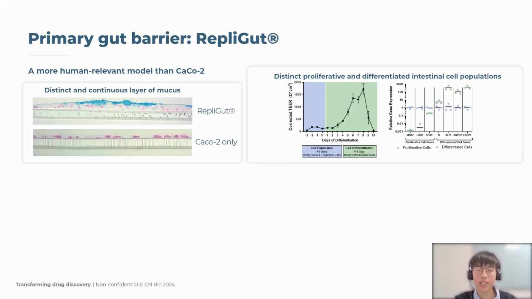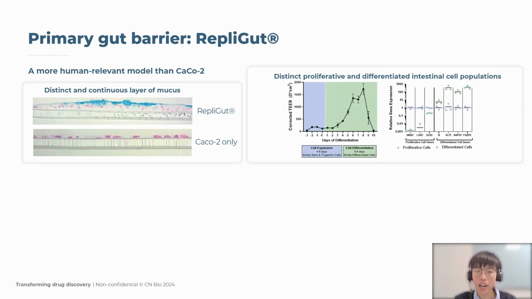So the first feature is that the primary gut model demonstrates a distinct and continuous layer of mucus, which closely resembles the inner layer of the human intestine. The second feature is that the primary gut model has a distinct proliferative and differentiated population. Plus, as I've just mentioned, they were ready in just 2 weeks' time. So, compared to the standard Caco-2 model, which takes around 3 weeks to complete the differentiation process, a primary gut model could be a more efficient